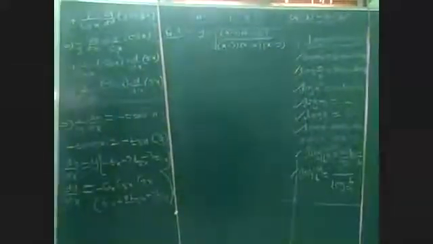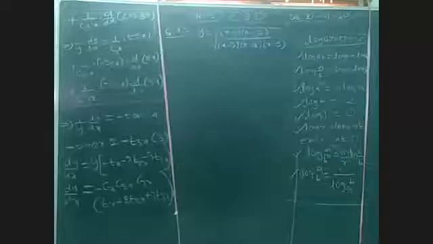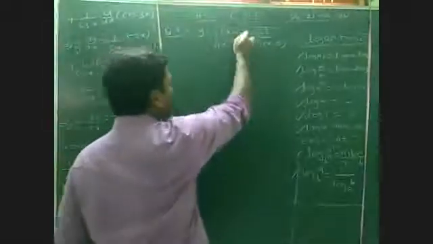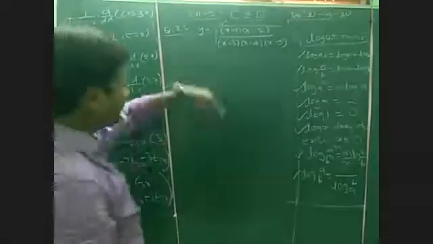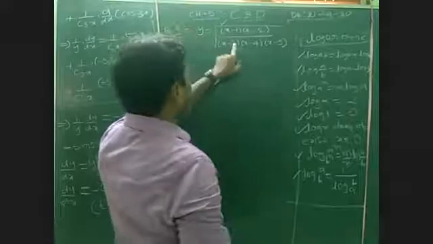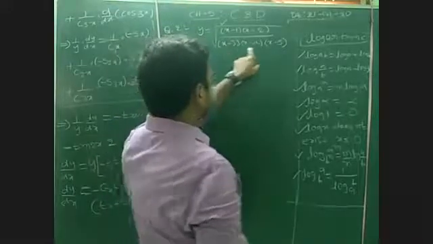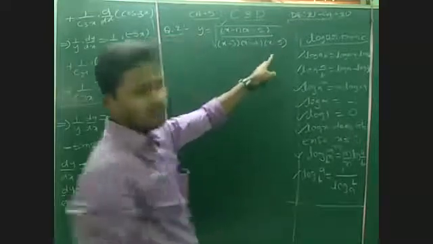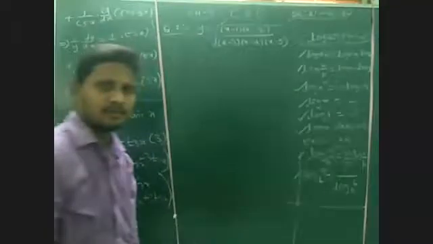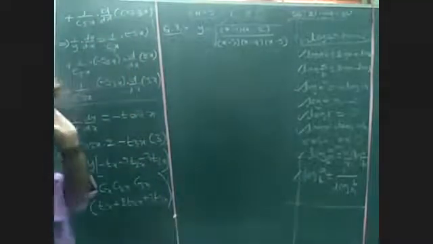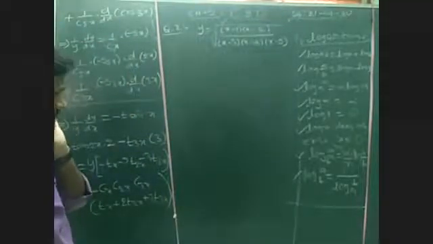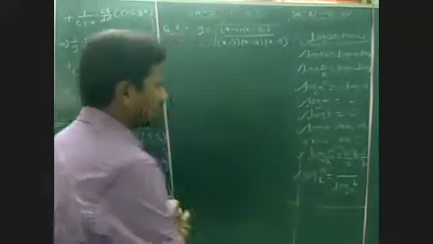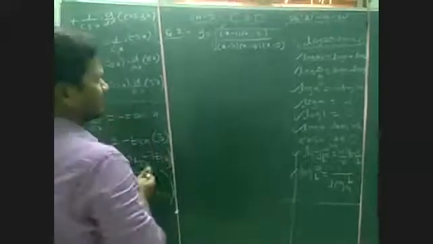If you want to differentiate directly, what can we do here? First, we differentiate the square root. After that, the u by v formula. To find dv by dx, we need to apply the uv formula again. It is so lengthy if you do it directly. So what will you do here? Again apply logarithms. If you apply the logarithmic method, it will become so easy.